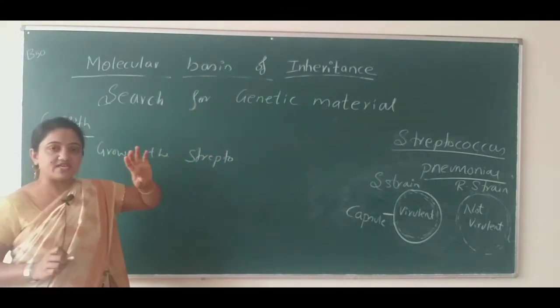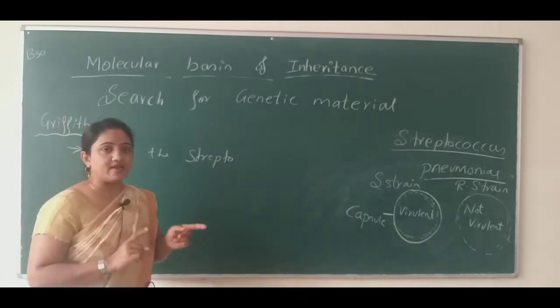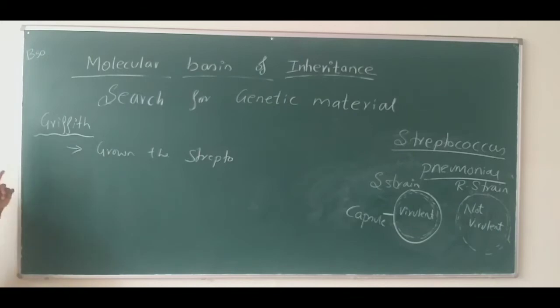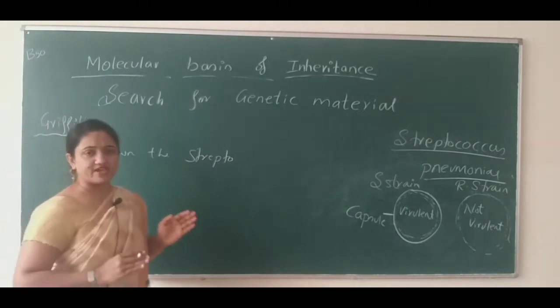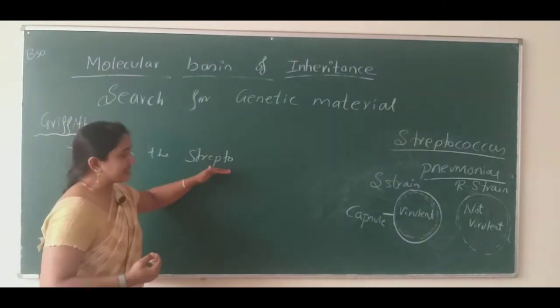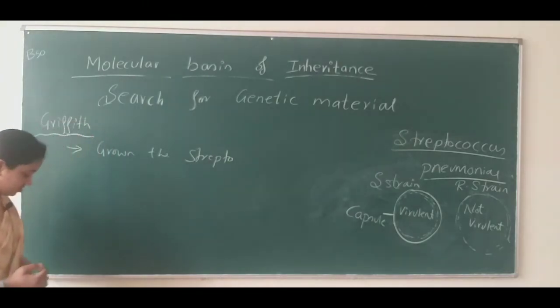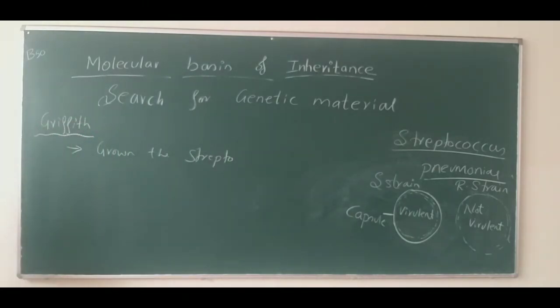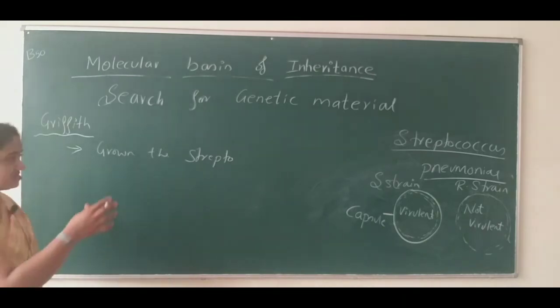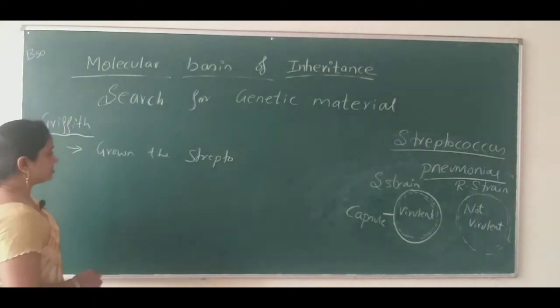Now we know the genetic material is DNA, and in some viruses the genetic material is RNA. But who told us about these? Griffith, while doing his experiments, conducted a series of experiments and concluded some criteria, a thesis, describing the phenomenon by which this is inherited from generation to generation.